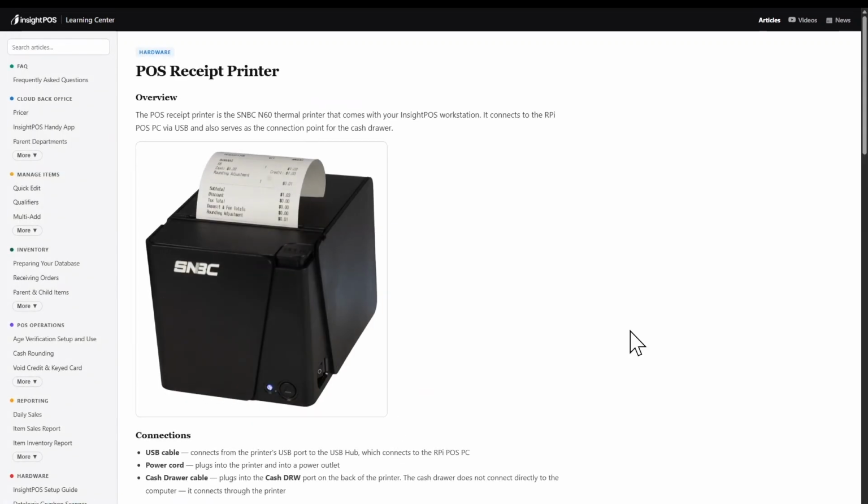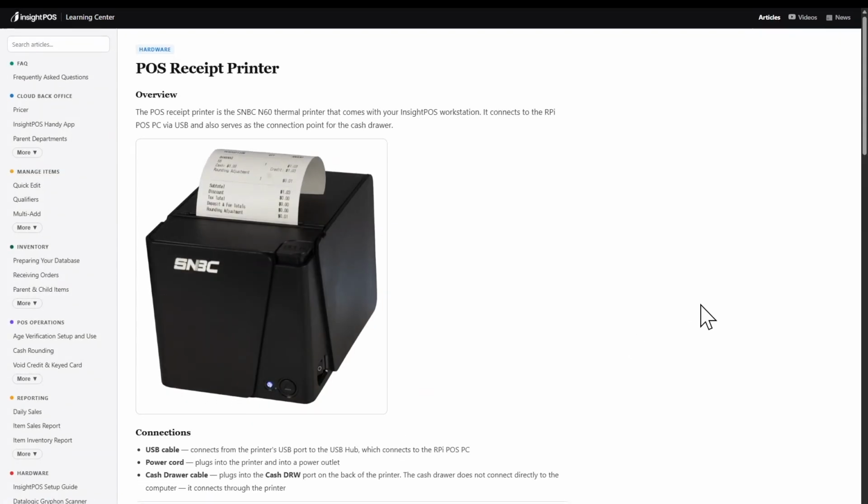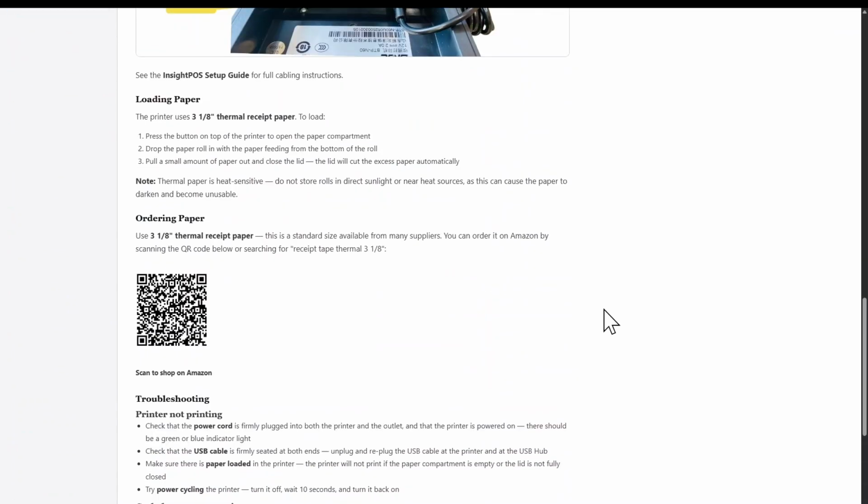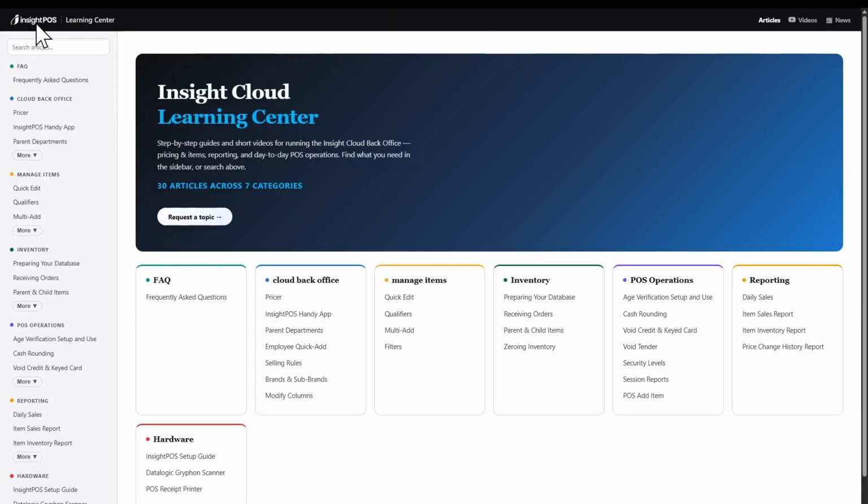Some articles, like this one on the POS receipt printer, even include a handy QR code. If you scan this QR code with your phone, it'll take you to an Amazon search for the thermal paper for your receipt printer. If we head back to the home screen, up at the top right-hand corner, you'll see